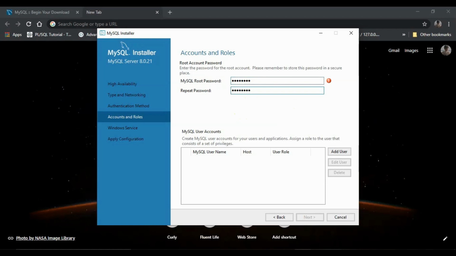And after setting the password, go to next.